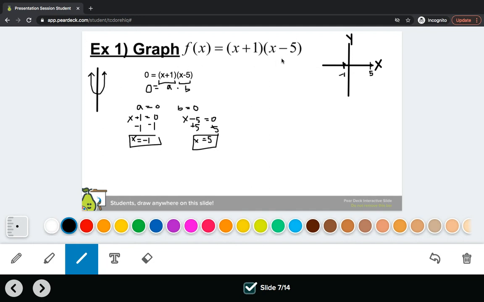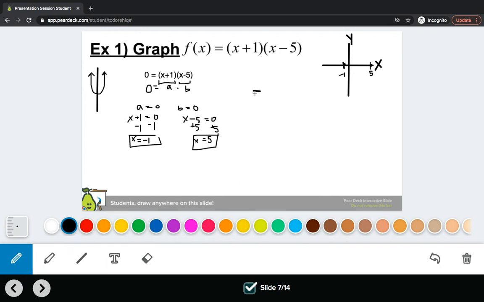So I know that this side is the mirror image of this side. Well, if we look at our 2 points, since they both lie on the x-axis, these 2 points are the mirror points of each other. That means the vertex has to lie exactly in the middle of these 2 points. So if I have the point 5 and the point negative 1, and I want to find the midpoint of those 2 points, all I need to do is take those two values,